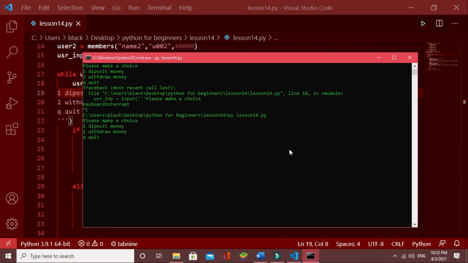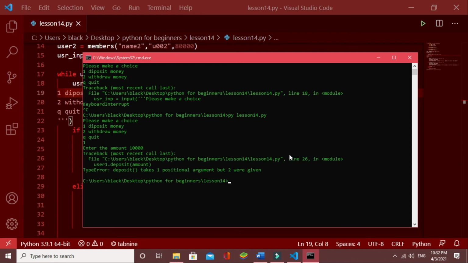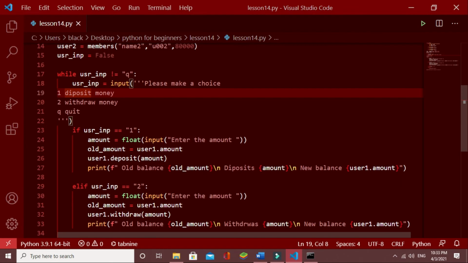Let's run it again, and I'll type 1, enter the amount. I'll say 10,000. This one, positional argument 2 again. Line 26.